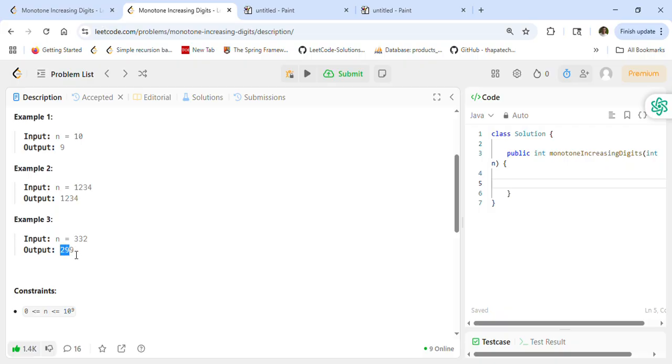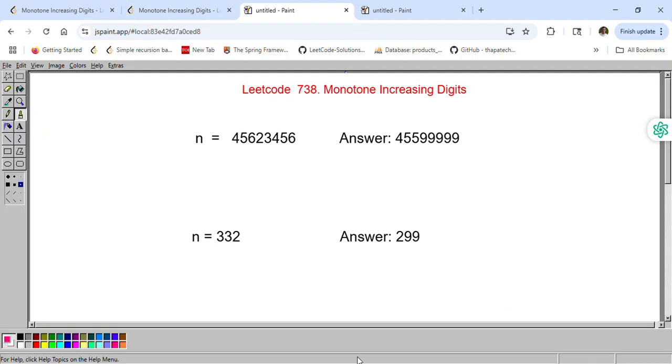So what does monotone increasing mean? Let's understand this better with some other examples. For example, 234 is a monotone increasing number. Why? Because for every pair, you see 3 and 4, 4 is more than 3, so it is increasing. It should be greater than or equal to 3, which is true. And between 2 and 3, 3 is greater than 2,